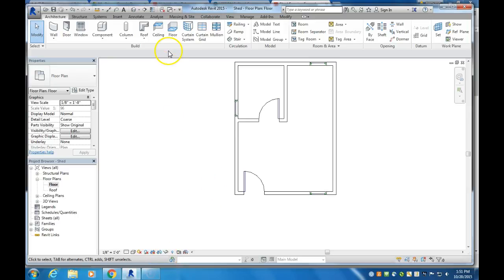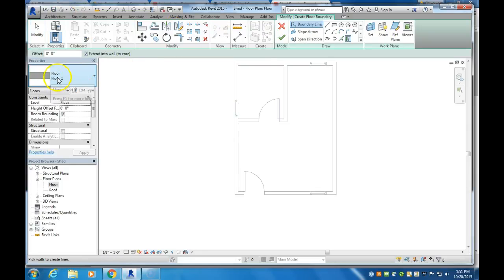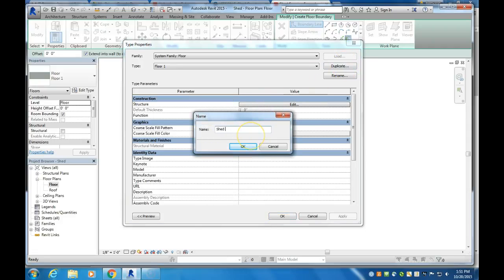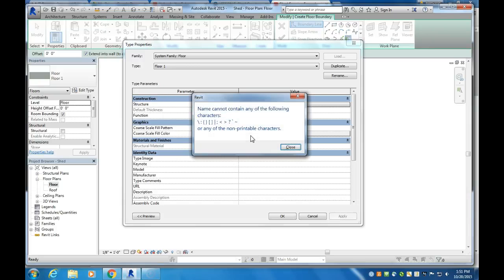This little video is going to show you how to put a floor underneath your shed. So if we click on the Architecture tab and then select Floor, it has a preset of just this solid piece of floor here. We're going to edit that type, and right now it's set to a default thickness of 1 foot. We don't need it that thick, so we're going to duplicate this, call it the shed floor,